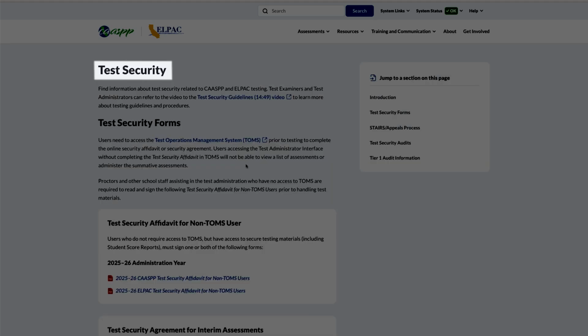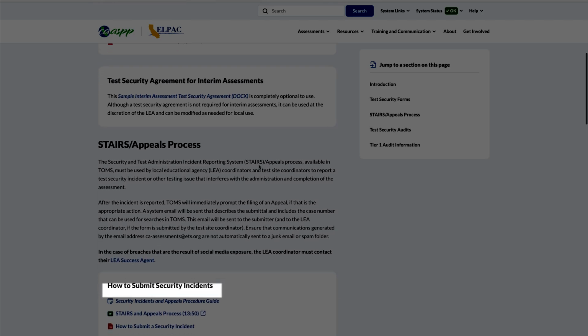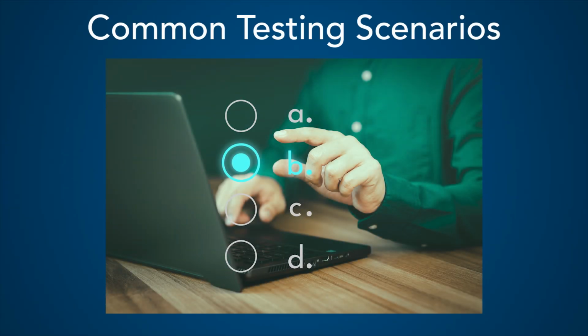To prevent these test security incidents, we will go over some general and specific guidelines for test security. Now let's go over a common scenario that happens during testing. Students often report that the test delivery system has skipped questions. If the student perceives that the assessment has skipped an item, this does not need to be reported as a